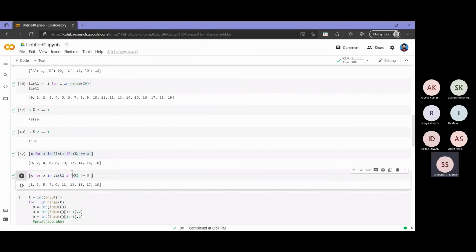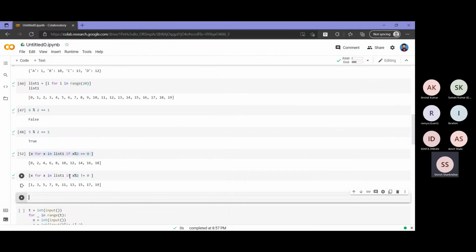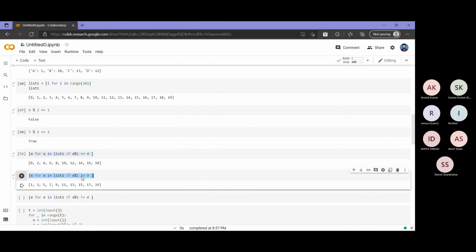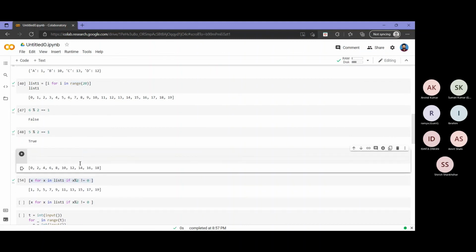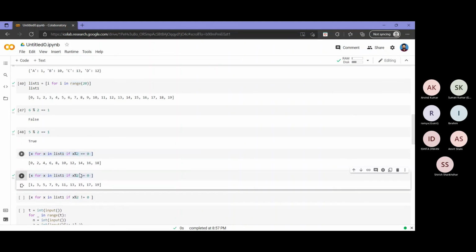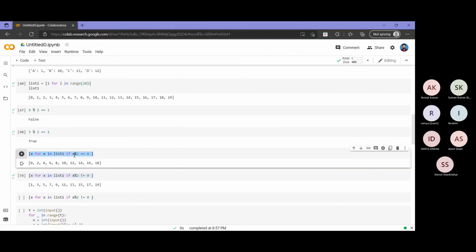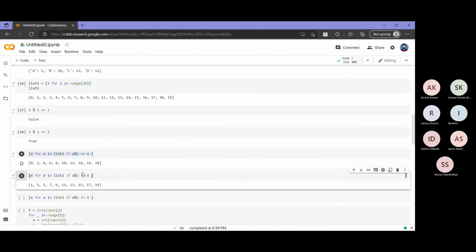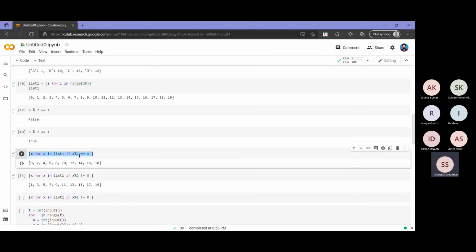So that is similar to this only. The only difference is he will have to divide it by 3, right?